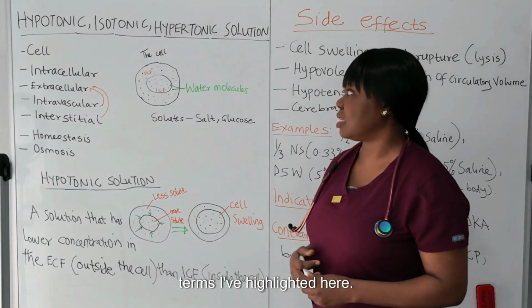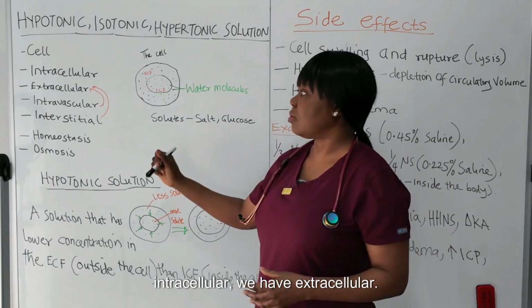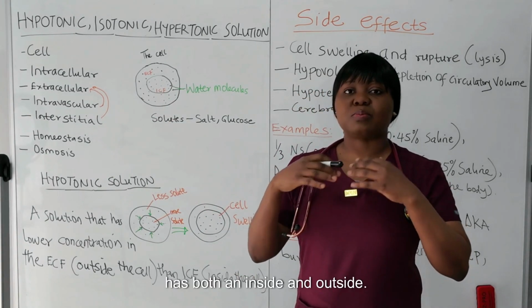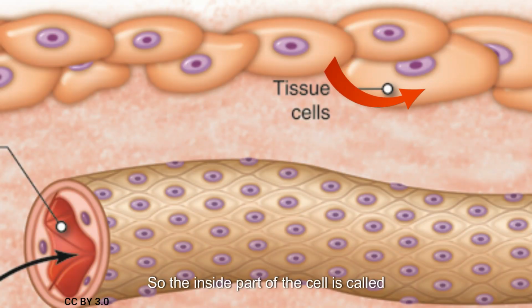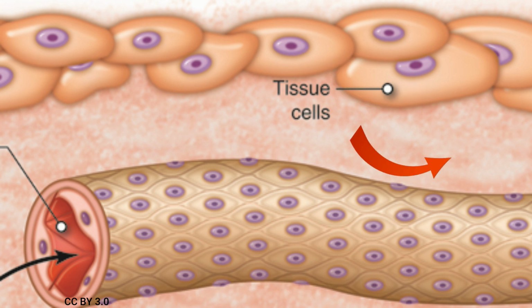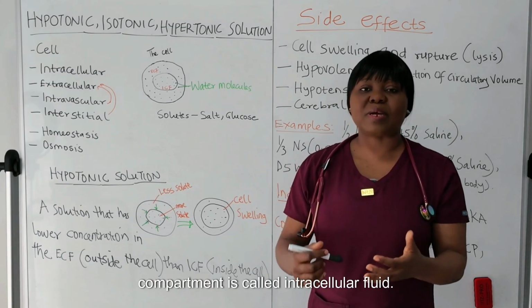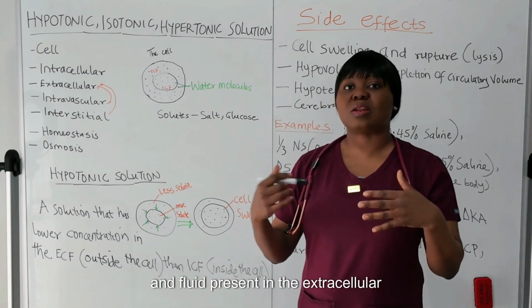Before I continue with this topic, I want us to quickly look at some of these terms I've highlighted here. So one is cell. Cell is the basic functional unit of life. We have intracellular, we have extracellular. So the cell itself has both an inside and outside. The inside part of the cell is called the intracellular. Now the outer part of the cell is called the extracellular compartment. So the fluid present in the intracellular compartment is called intracellular fluid, and fluid present in the extracellular compartment is